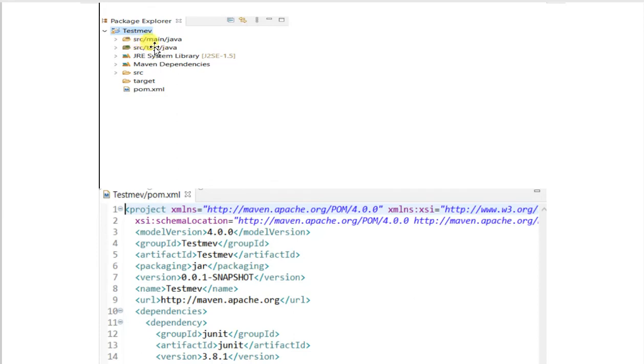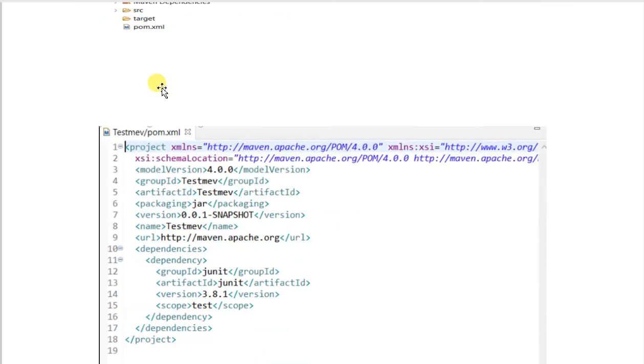You can see src/main/java, src/test/java, JRE System Library, Maven Dependencies, target and pom.xml. The pom.xml is directly accessible when you create a Maven project. If we open it, it is an XML file.